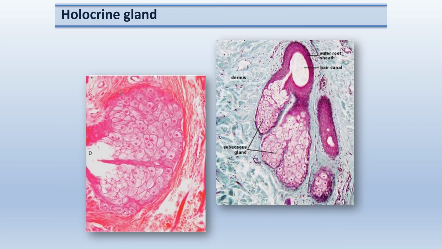This picture shows the holocrine glands. In the holocrine glands, this is the secretory part, which consists of the sebocytes. Sebocytes will be differentiating and proliferating and will undergo the disintegration of the sebocyte and become cytolysis. And this is the excretory part, which consists of the hair follicle. This is the hair follicle.